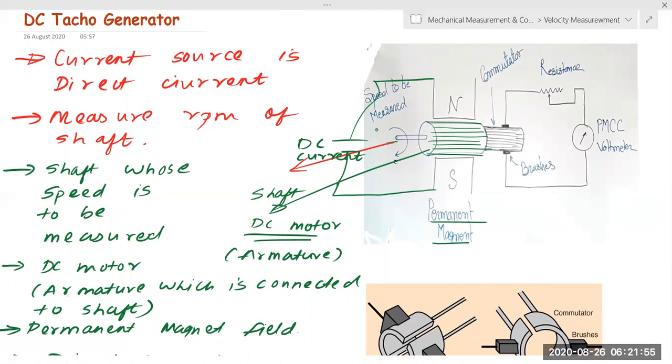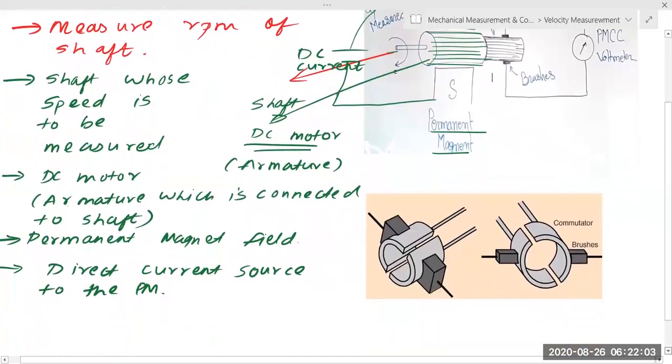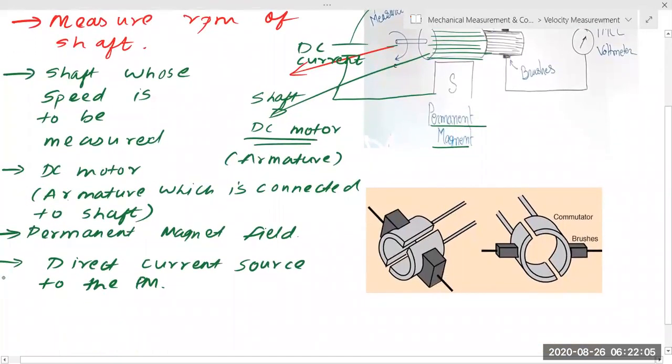Okay, matlab there will be some kind of magnetic field between the north pole and the south pole of the magnet due to the presence of direct current source. So this will lead to flux generation. Suppose this flux generation is denoted by φ. Okay, so there is some flux, the flux of the field that is generated due to the presence of the magnet in presence of current source.